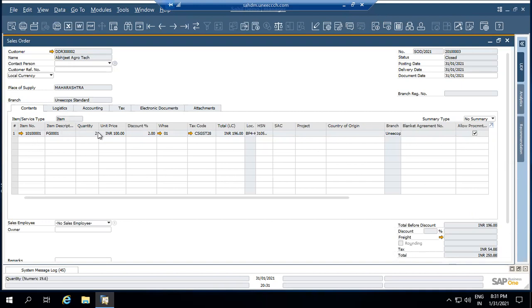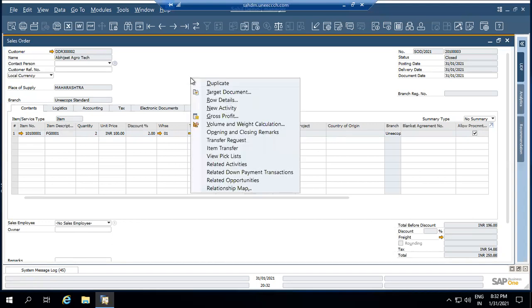Again, a few quick things in this screen: price will come through the price list. In case you are maintaining the price list, the system will give you the correct price while booking the order. Then the tax code is already mapped in my system, so as per the HSN and the tax rate slab, the system will pick my tax code also. Now, I'm taking a make to order scenario, so based on that, I will book my purchase order.